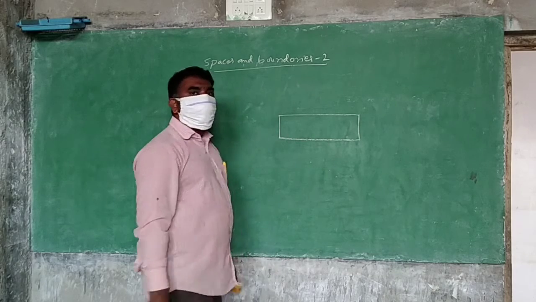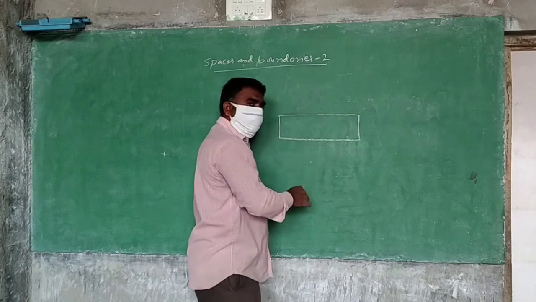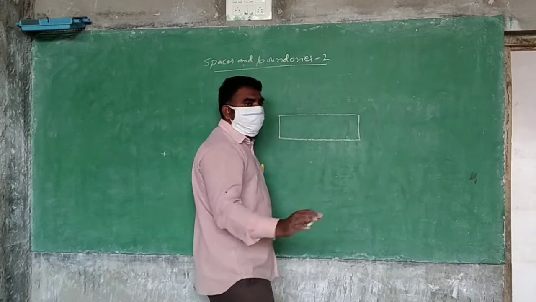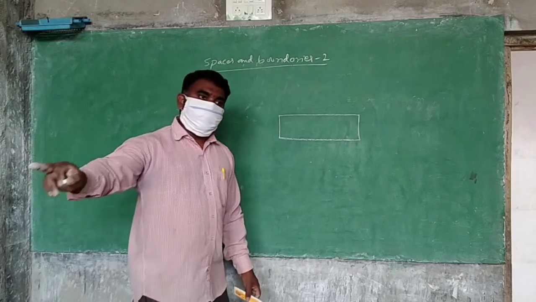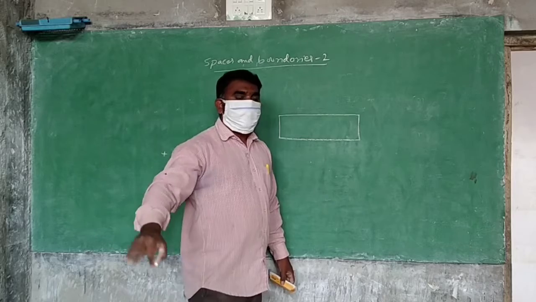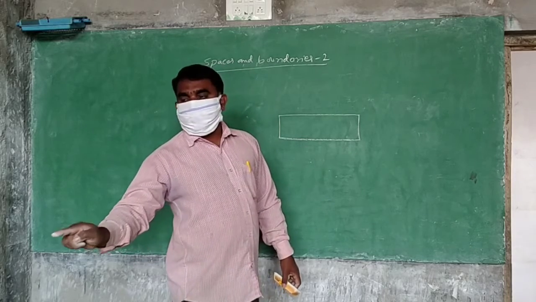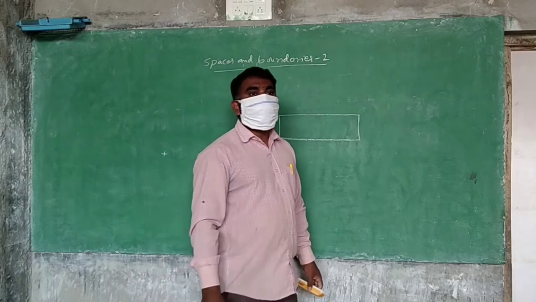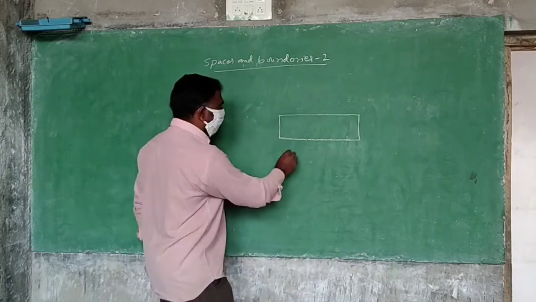Can you divide this into two equal rectangles? Yes. How do you divide? Like this also you can do, as you wish. Divide the first one, and divide the other one also. Then after dividing, there is a question. A small rectangle is formed, no. What is the area of the small rectangle is asked. Can you find it or not? Yes. Okay, first of all, in the picture, you write the area.